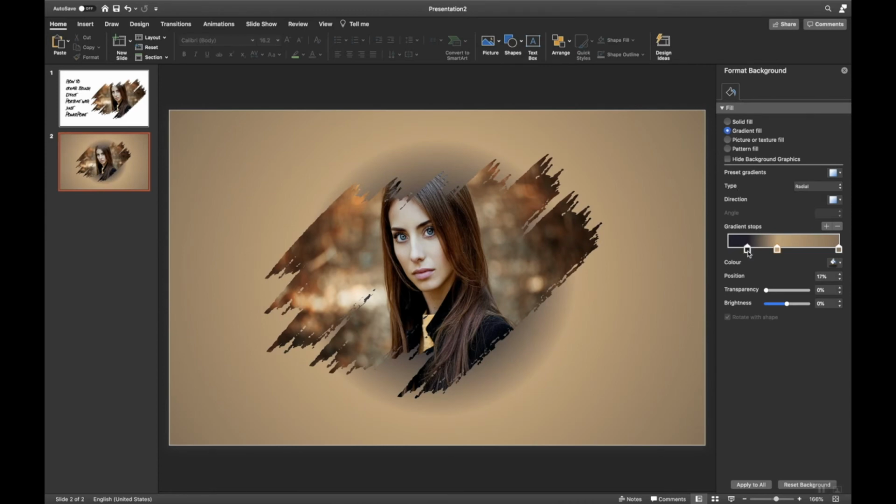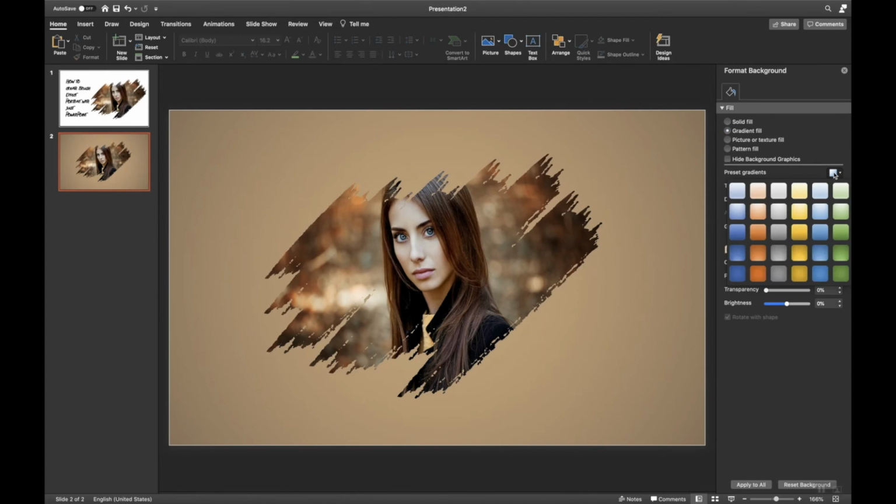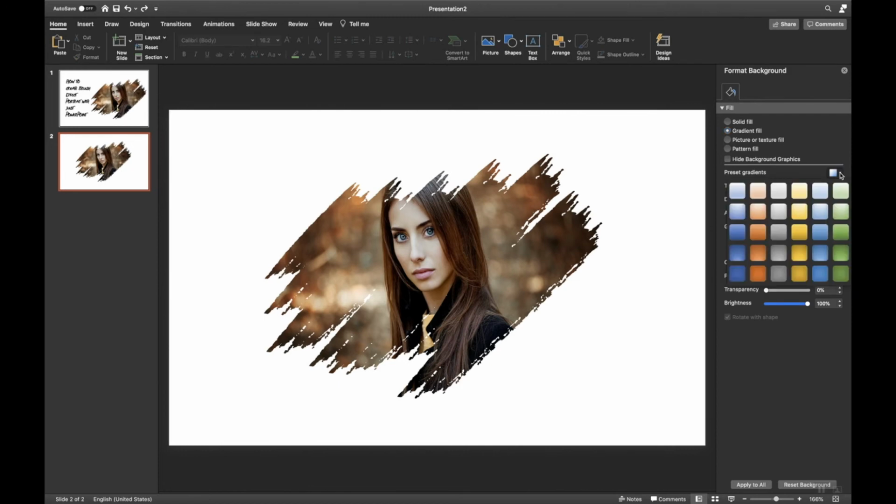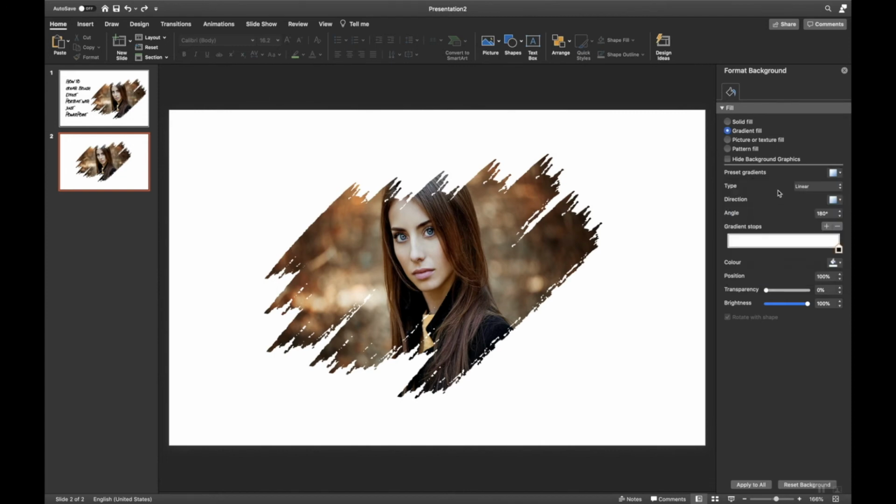Now, as I have created this effect previously, by default it is giving you the same option, but let me show you how exactly you can create this. Just go to the Preset Gradient option. You can see a lot of shadow effects. For this particular effect, I am using this one. Now the moment I select it, you will see gradient stops appearing.